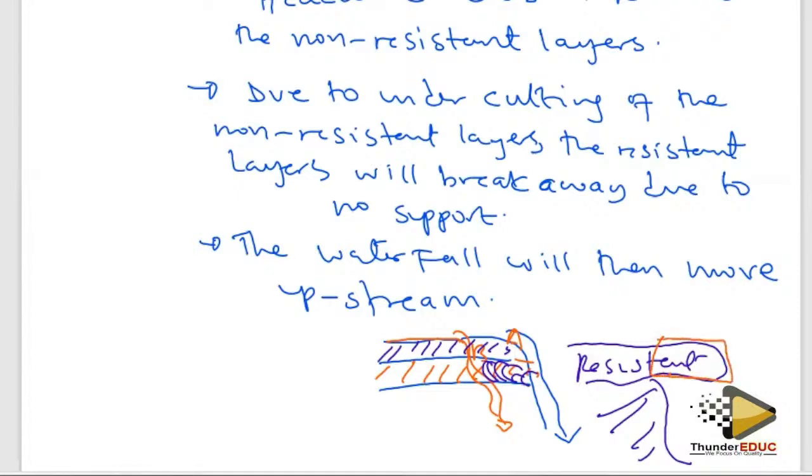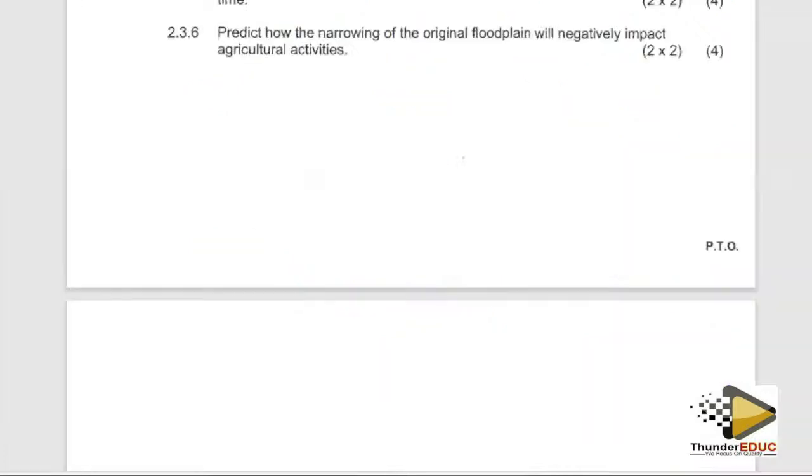If it breaks off, it means now the water flow is going to extend and to be at this point. It used to be at this point, but now it has moved backwards upstream to this particular point. So that's how we could explain how the landform at B, or how the waterfall, moves upstream. Right. Then we got 2.3.6, which says